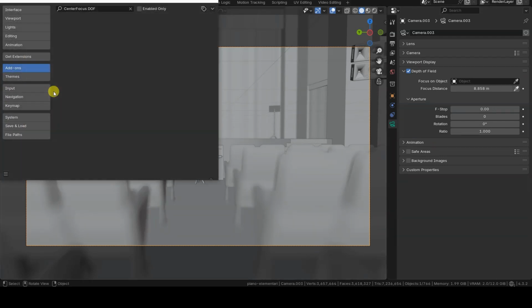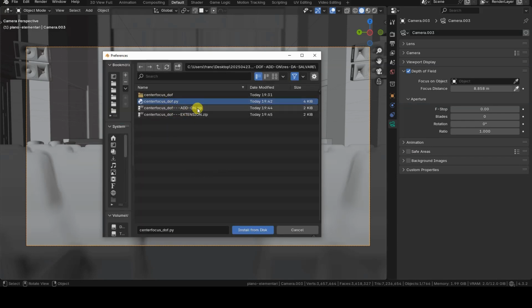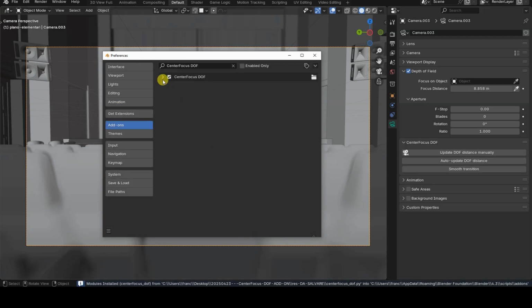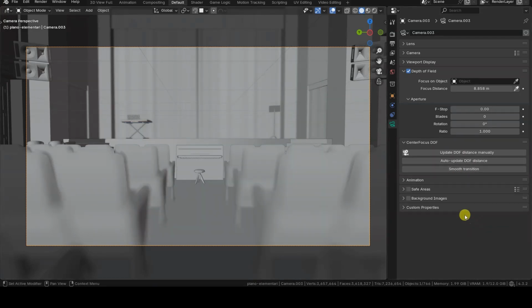I then install and enable the add-on, which is also provided as an extension in the Preferences panel. The Add-on's panel will appear as a new section within the Object Data tab of the camera object in the Properties editor.